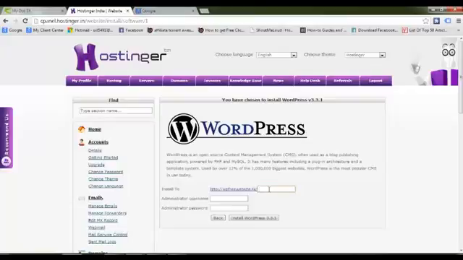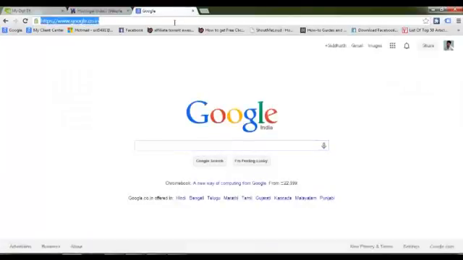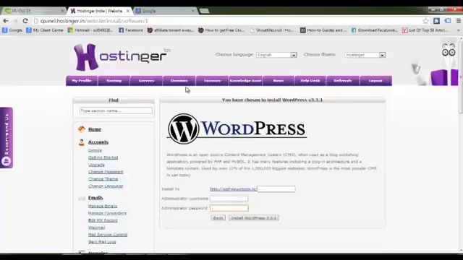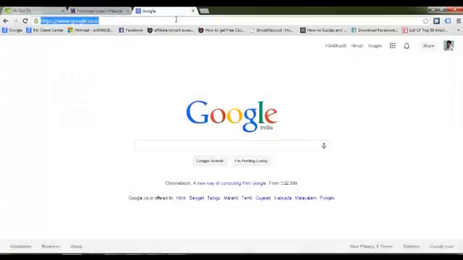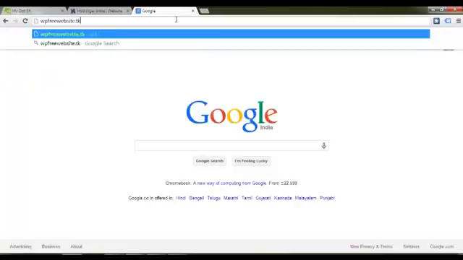Leave this blank, add an admin username and an admin password, and you should remember this. Click install. This will install on your website, and then when you visit your website, there appears a button that says configure your website, and if it doesn't, then it's well and good. But if it does, then just go to your website, like mine is